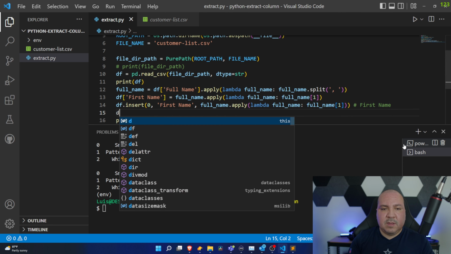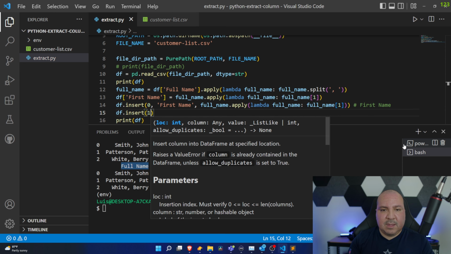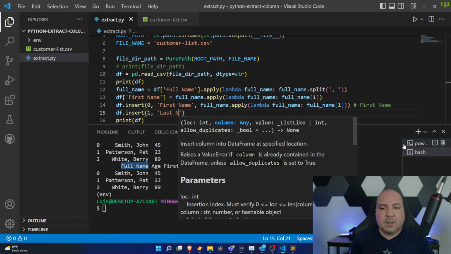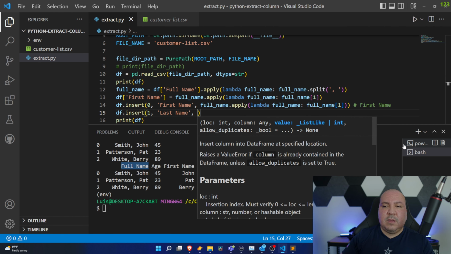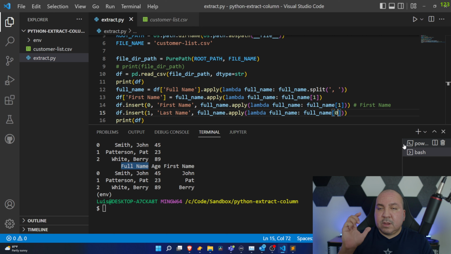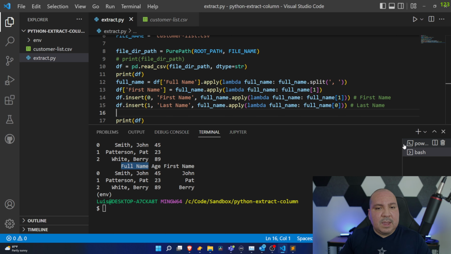And again, this would be for first name. So now let's do the same thing, but this time for last name. So it'll be index 1, last name. Let me go ahead and copy this. This though would be index 0, because again 0 is the last name. Last name. Alright, so now that we have done that,